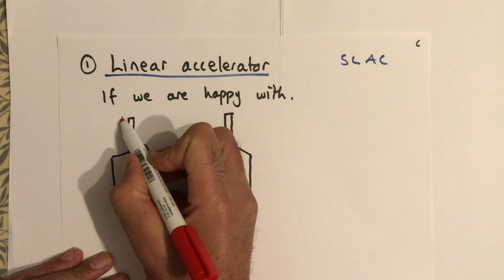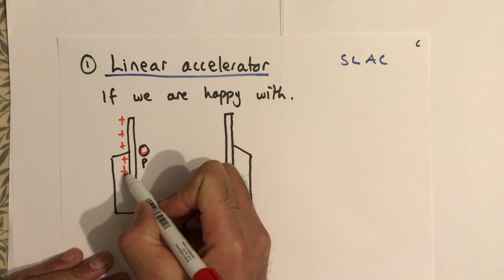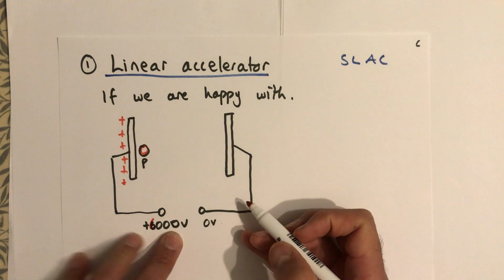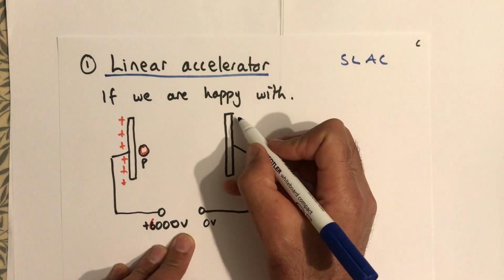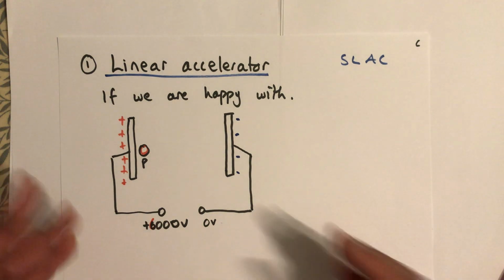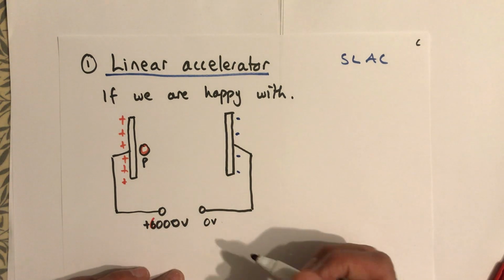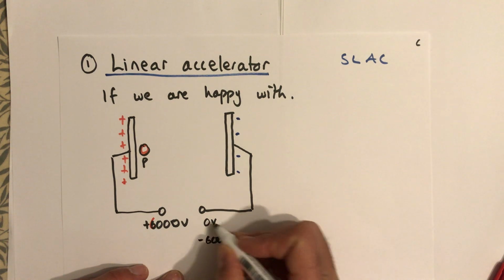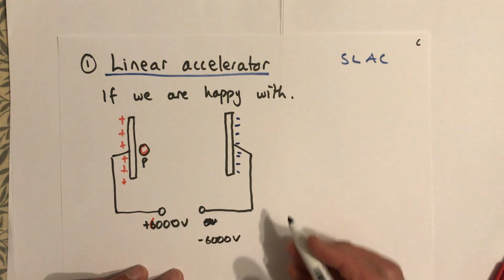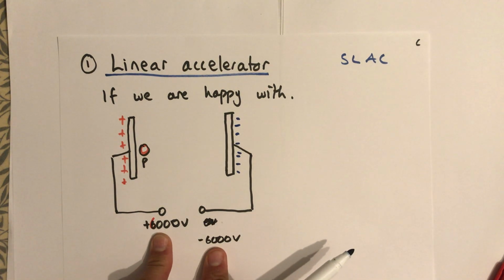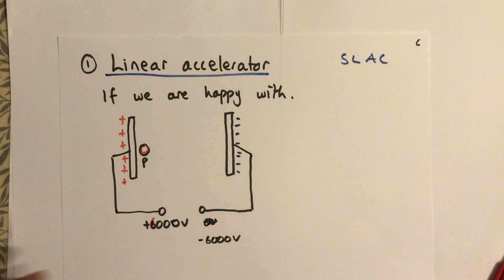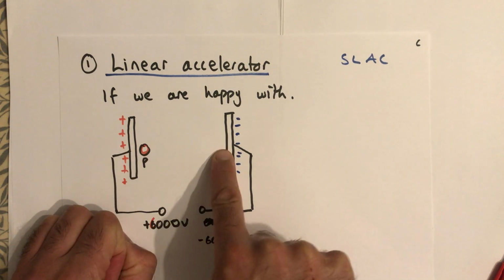Imagine I've got a proton, and we know from our earlier work that if I connect this to a sort of high positive voltage, and we've got a 6,000 volt supply in the blue box in the cupboard, and I connect this to what in relative terms is a negative voltage, then to make that work, I'd be better off having this as say minus 6,000 volts, if I could rig that up. And then I'd have double the potential difference. So now I've got my proton moving through a potential difference of 12,000 volts from plus 6 to minus 6,000. Okay, so we're happy that this is going to accelerate in a straight line, whoosh,